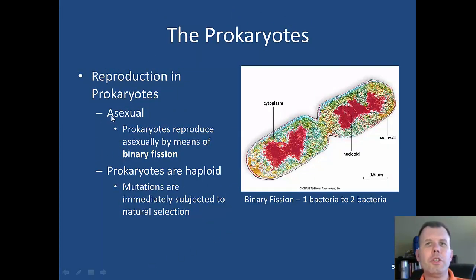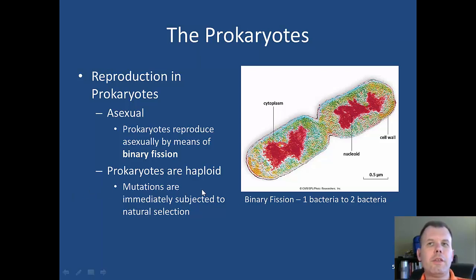Okay, so reproduction in prokaryotes is asexual, and the way they reproduce is by binary fission. Binary fission is basically going from one cell to two, and it's a very low-level type of mitosis. We don't talk about dividing the nucleus, because bacteria don't have a nucleus. All they do is replicate their DNA, split it into two cells, and then eventually divide their cells. I would call this a very primitive form of mitosis, but it's called binary fission.